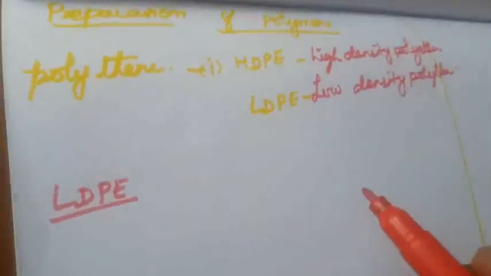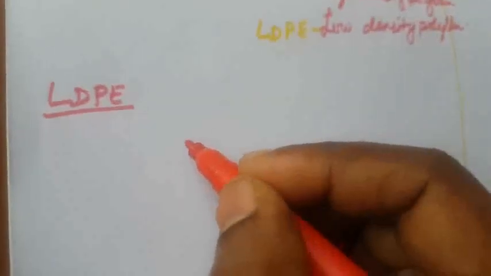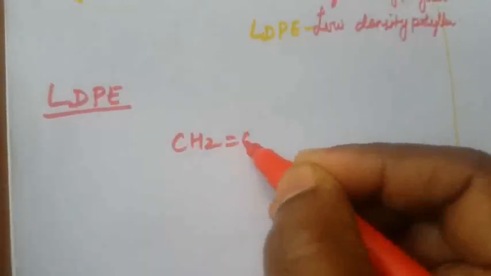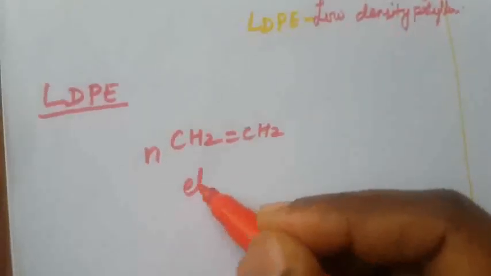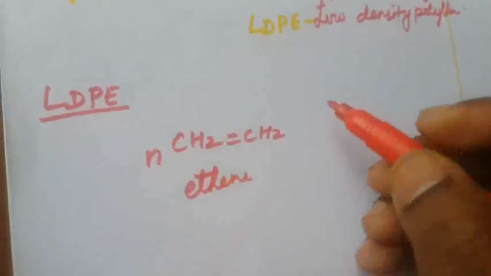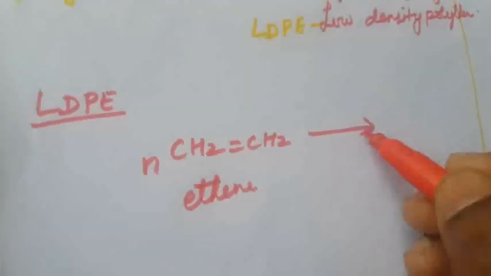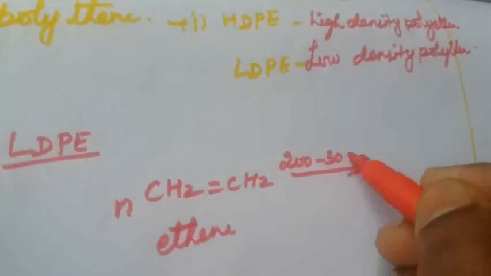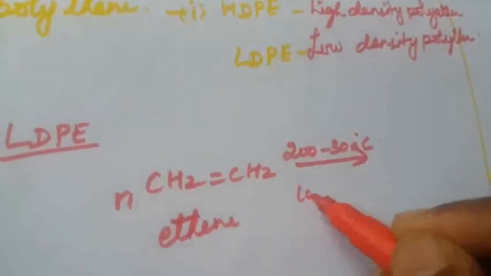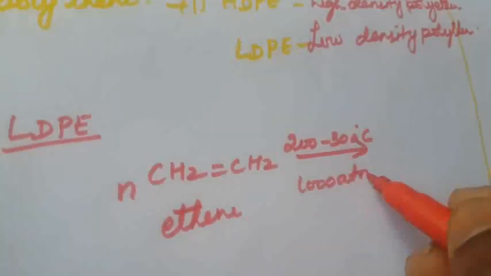It is formed by the heating of ethene. What is the formula of ethene or ethylene? CH2=CH2, n molecules. When we heat ethene at 200 to 300 degrees Celsius and 1000 atmospheric pressure,